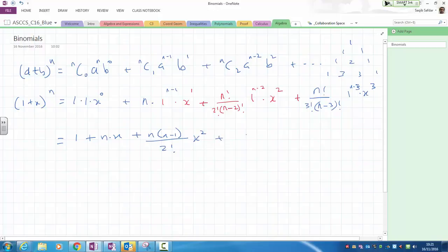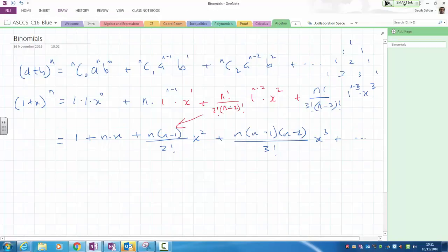Just give me a second. And you've got n(n minus 1)(n minus 2) divided by 3 factorial times x cubed, and on. And we have a pattern. What was the question? How do you get from n factorial over 2 factorial times (n minus 2) factorial? Right, so from here to here,